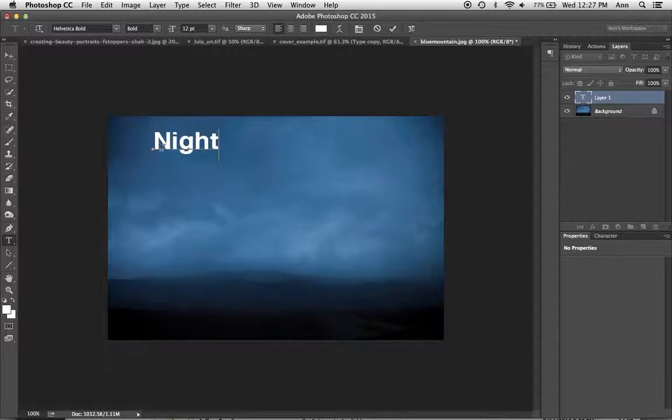And right now I'm at 12-point type, and it looks fairly big, and that's because it's a very small resolution image. If you're working on a big raw file, then you're going to probably need a much larger size. Once I've placed it, you'll notice that the cursor changes from a cursor when it's in that type field to the move tool when it's out of it, and that lets you change where you want it to go.